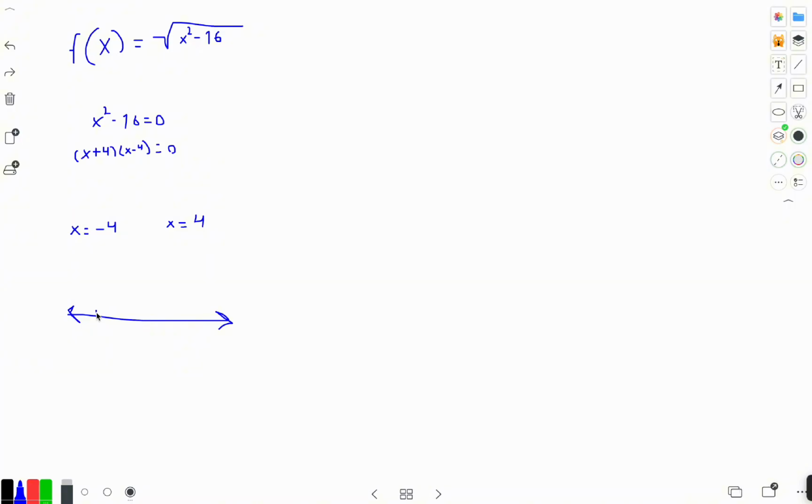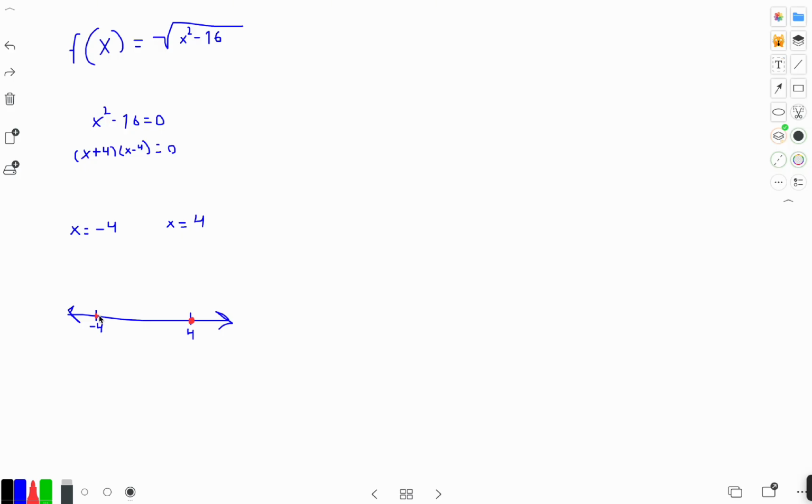Plot these points. I should probably plot them closer to the center. I don't know why I always plot them more to the side. 4, great. Now let's test our values. Okay, first of all, let's include these values. Let's make a closed circle. And also, as a little bonus, the reason these values are included is because if we plug in negative 4 and 4, the radicand is going to be equal to 0, which is also a real number,